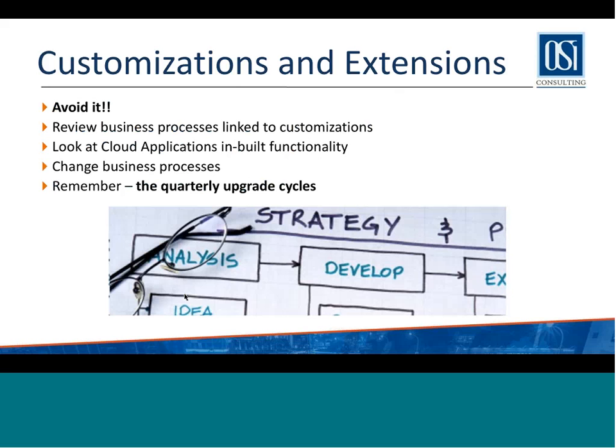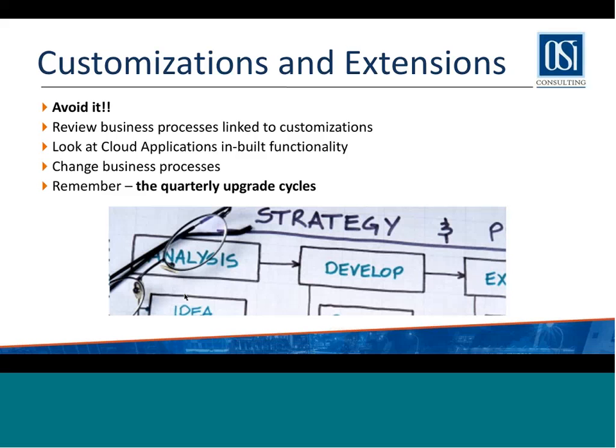But assuming you take an approach where you want to get rid of all customizations, the thing to do would be to look at built-in cloud applications functionality. Many times, for some of the things for which you have customizations built, we could find equivalent functionality in the cloud. For example, the way orders are orchestrated or the way pricing structures are set up. Just because of the limitations in EBS around workflow, maybe there were custom extensions or personalizations working there, which we can work around by using existing cloud functionality where that is better.